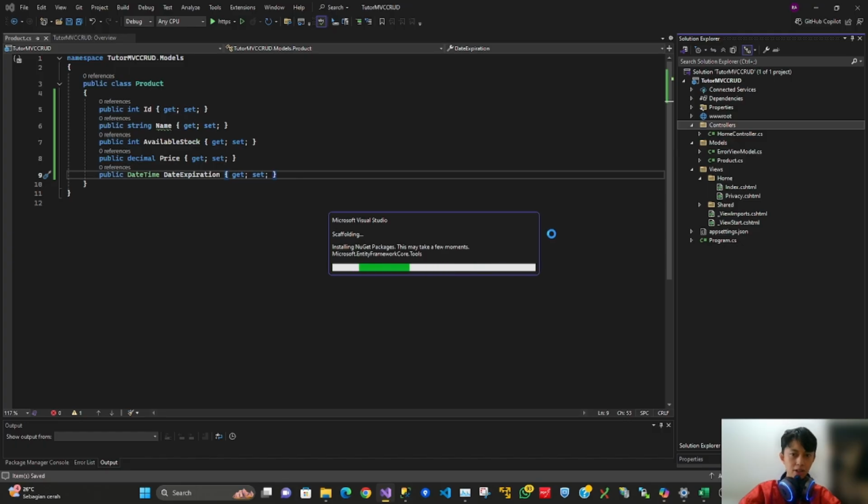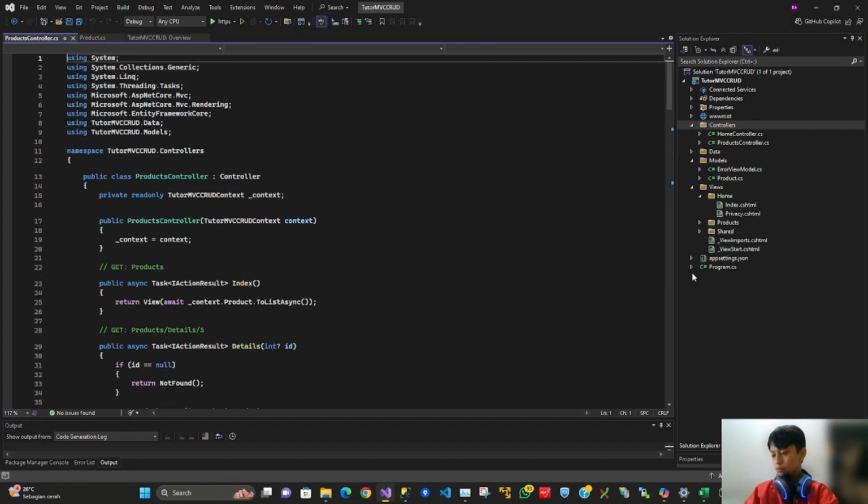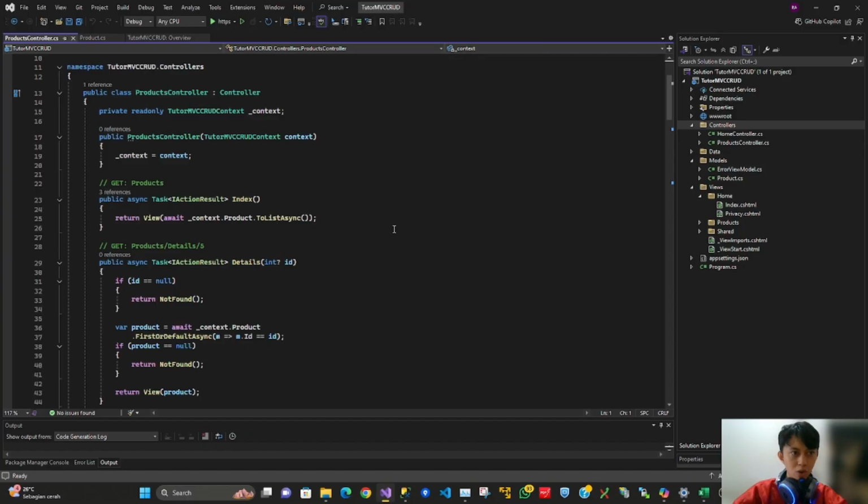It takes several seconds, so just wait. Okay, we got the templates for the Products controller.